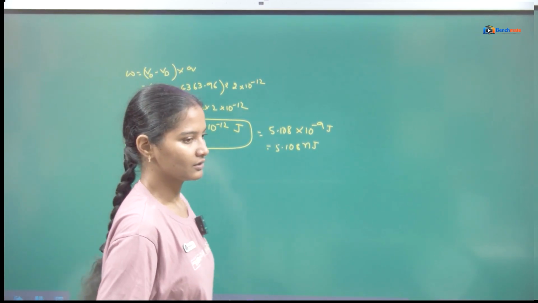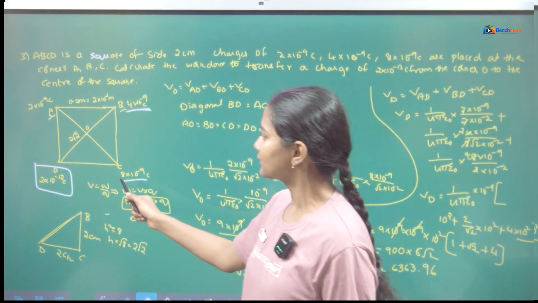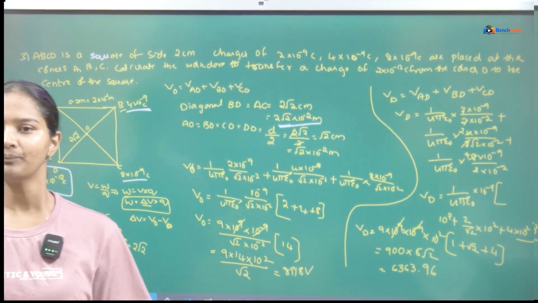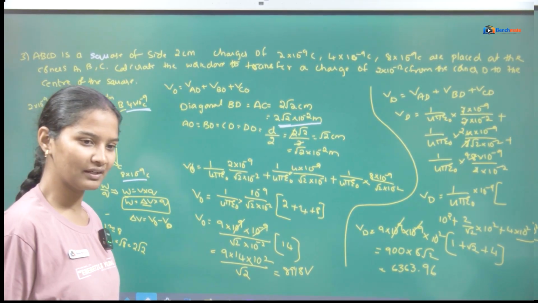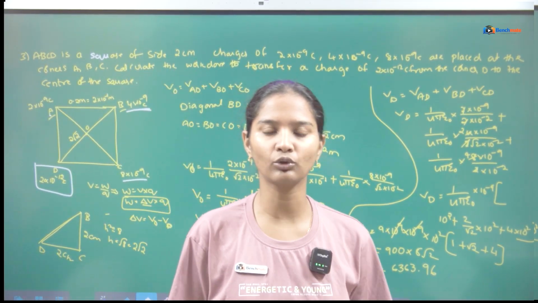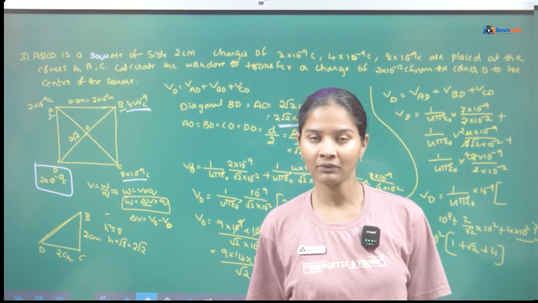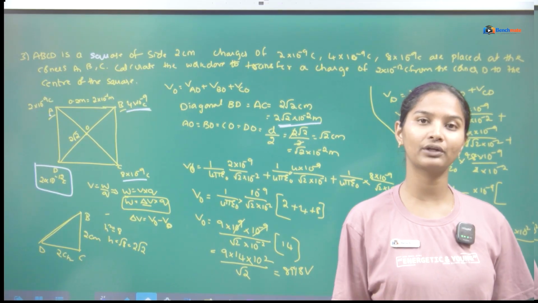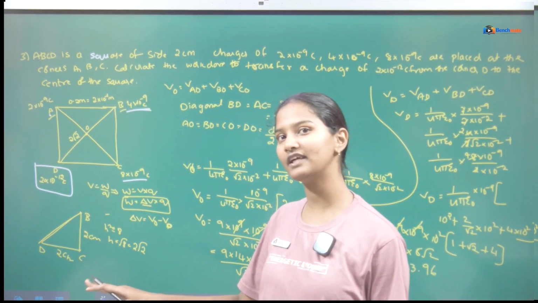Okay, clear. So this is the numerical. Clear. So how to calculate the process? To bring the charge from D point to O point, what will be the work? Already we have studied that work done to bring a charge from infinity to point A is W equal to V into Q. But work done to move the charge from one point to another point, that time you have to take potential difference. So W equal to delta V into Q.